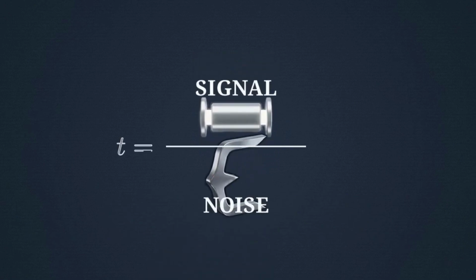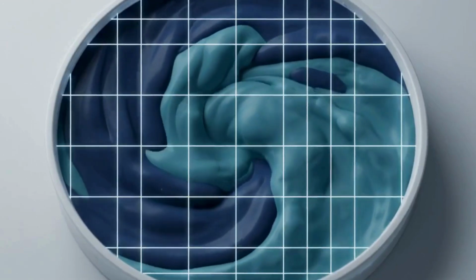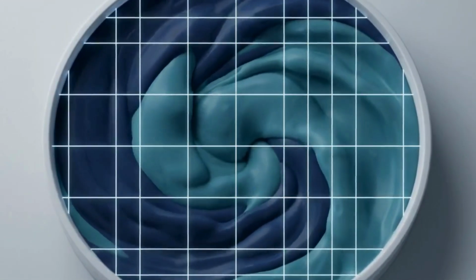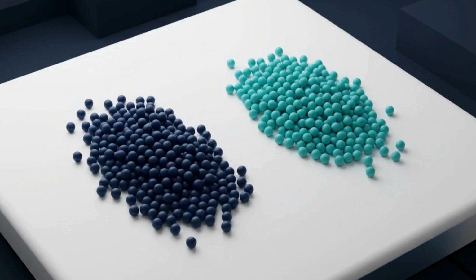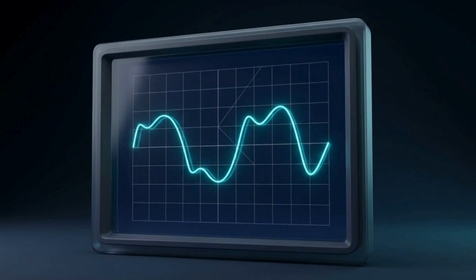The t-test simply takes the signal and divides it by the noise. It measures the difference you found against the inherent messiness of the samples you used to find it. If you have a massive difference between means and very little variance, your t-test yields a high ratio. The math requires a loud signal cutting through quiet noise to grant a valid result.